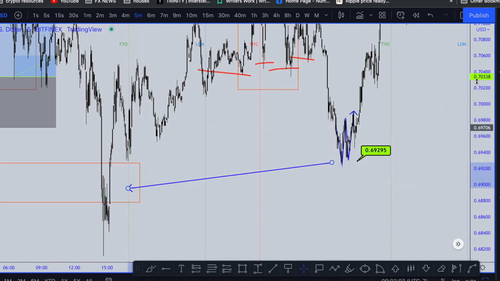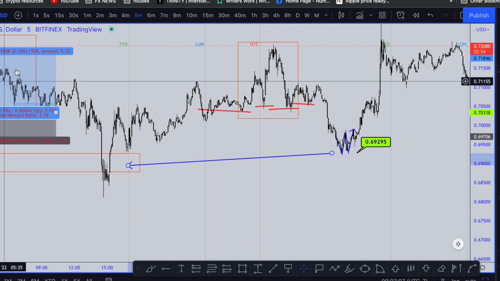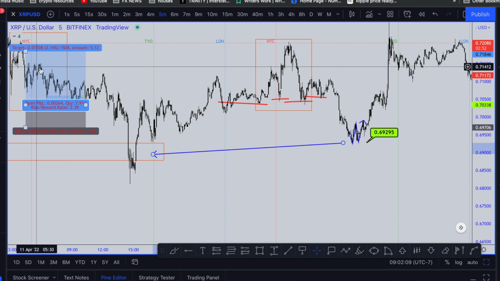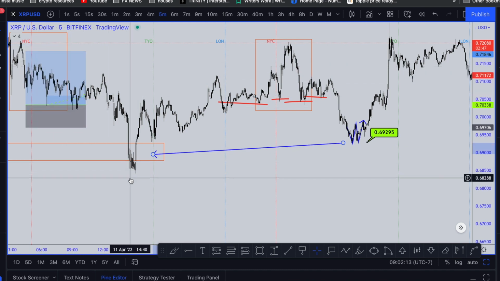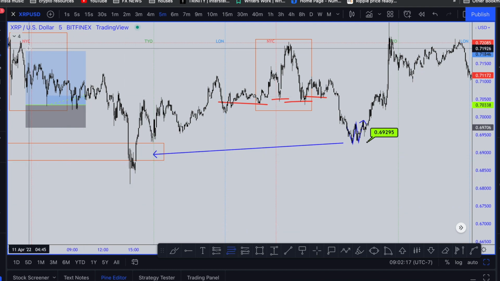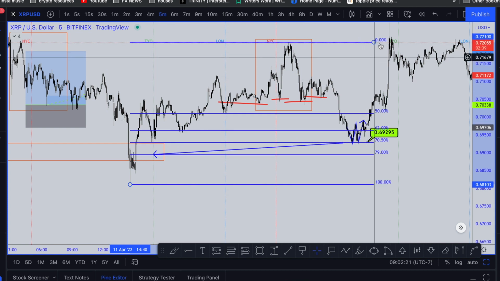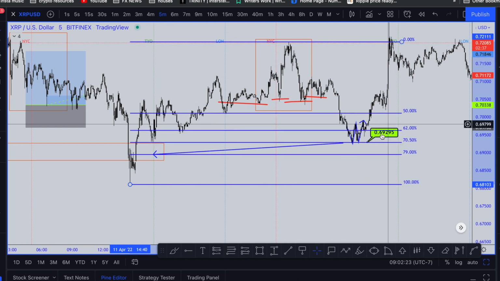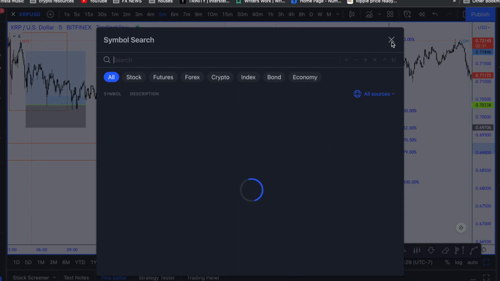Look at the accuracy. If I take my Fibonacci from where New York session purchased from the previous day, which was this New York session, we already discussed that banking institutions are not going to purchase from highs. They're going to manipulate price to the downside to then take discounted buys. If I take my Fibonacci from the low where previous New York session purchased from, okay, and extend that up to the highs for this New York session, what can we see, guys? Look at the accuracy, 62 to 70%, 79% discount where the banking institutions, the private investors, the whales like to buy from.